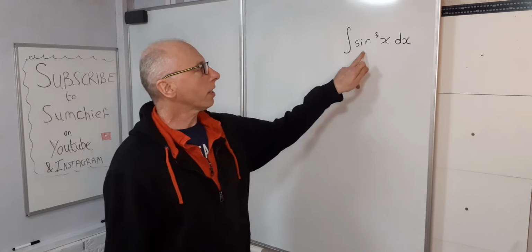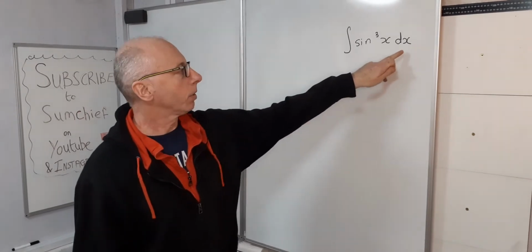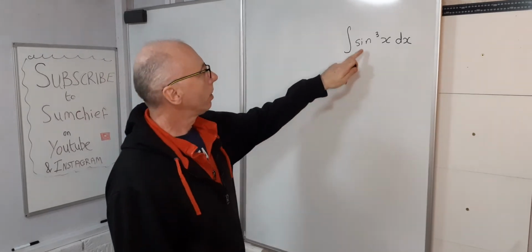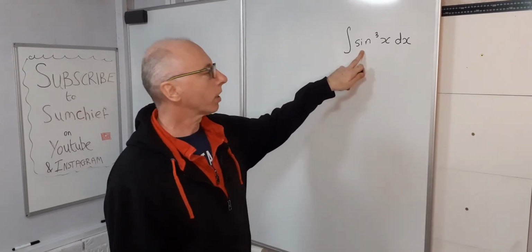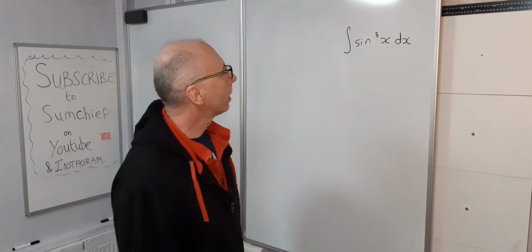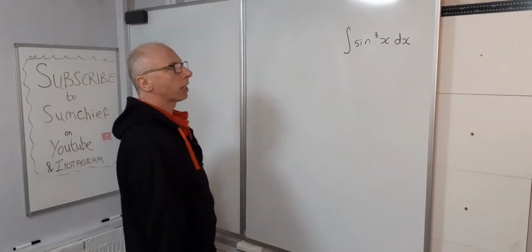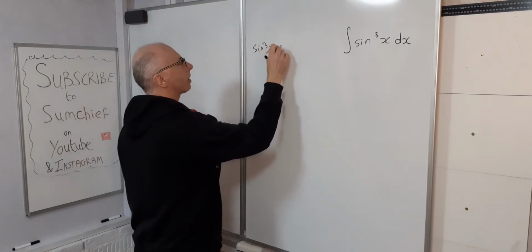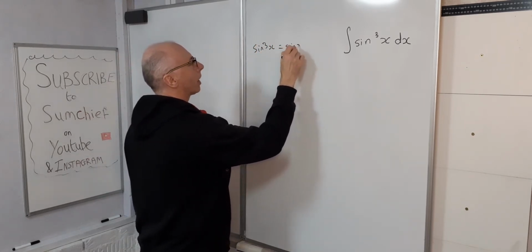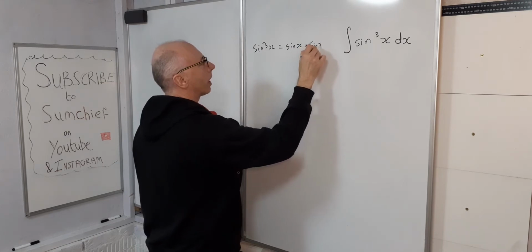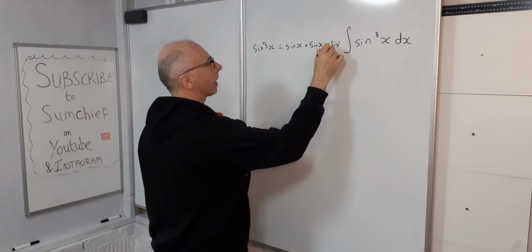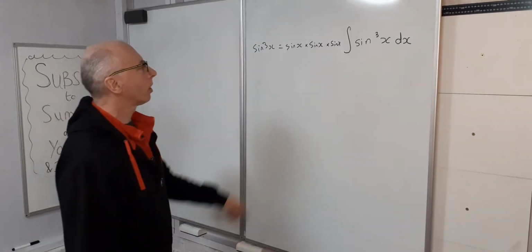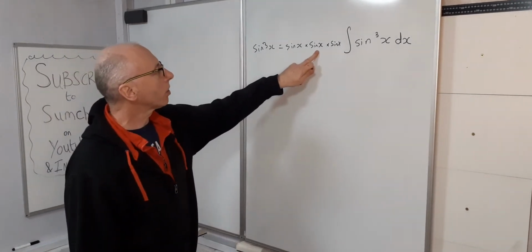So we're going to integrate sine cubed of x with respect to x. We can't integrate straight off, so we're going to have to play around with this sine cubed of x. What we can say is, if we could break it apart a little bit, sine cubed of x equals sine x times sine x times sine x. That's the same. So then what we can do here now, we could maybe go sine squared of x, sine